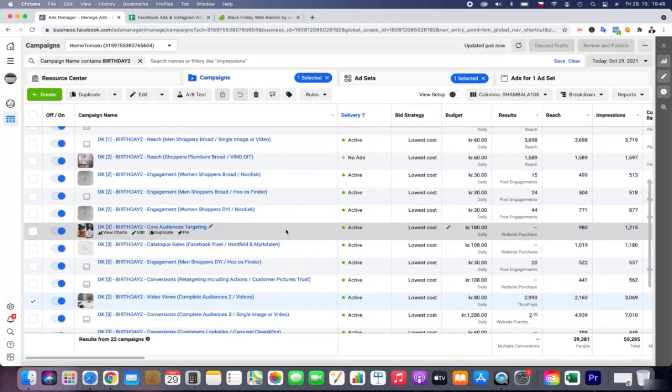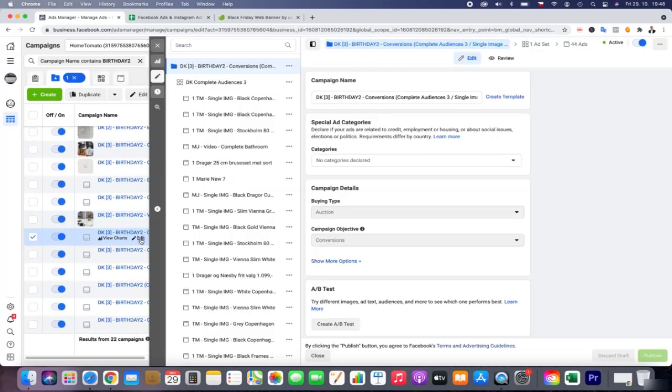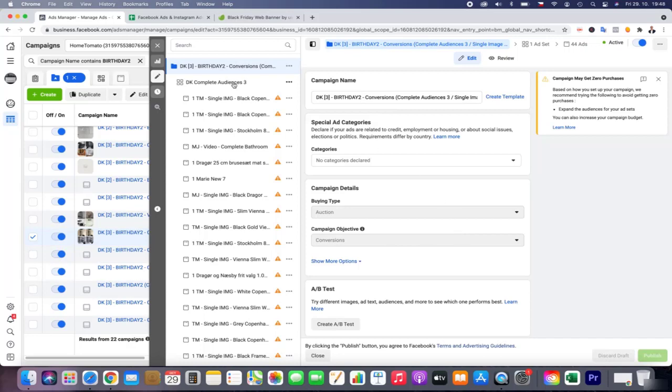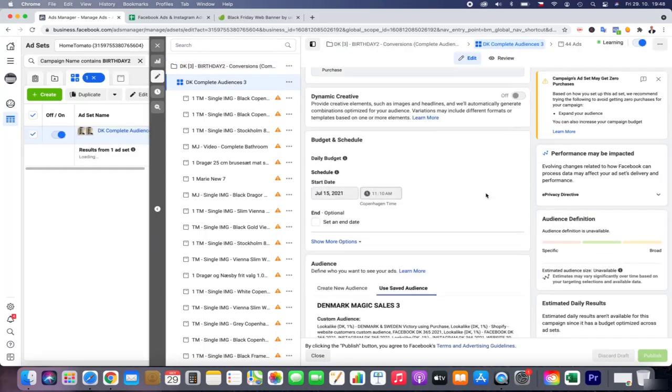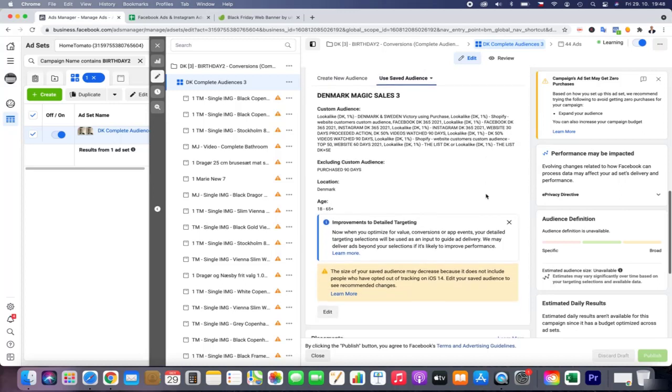What we need maybe the most, understand, is some of our core campaigns, and this is basically again built around lookalike audiences and custom audiences, as I was showing you. And as I was showing you, if you optimize for value, the aggregated events, your detailed targeting selection will be used as an input to guide ad delivery.